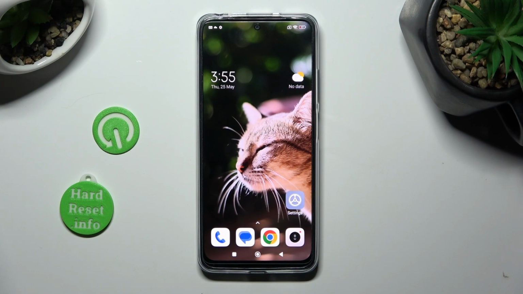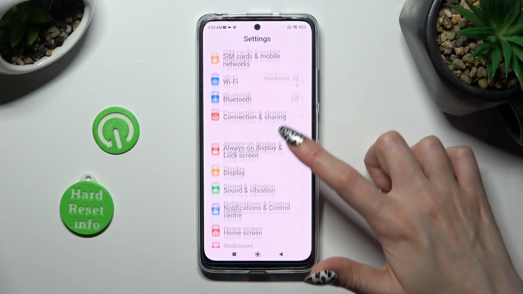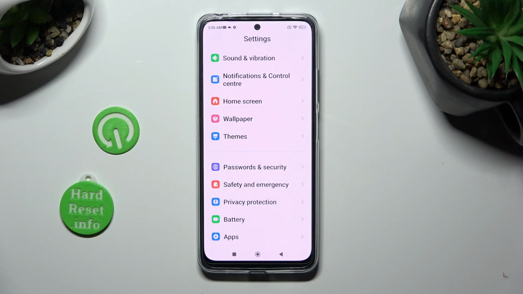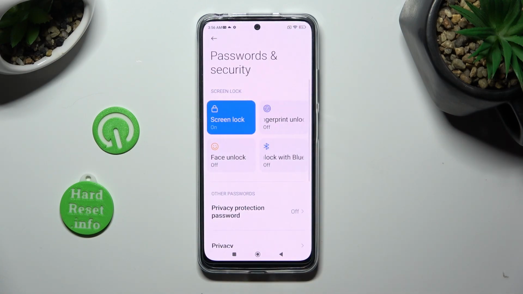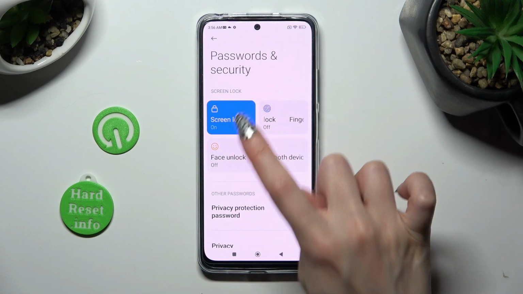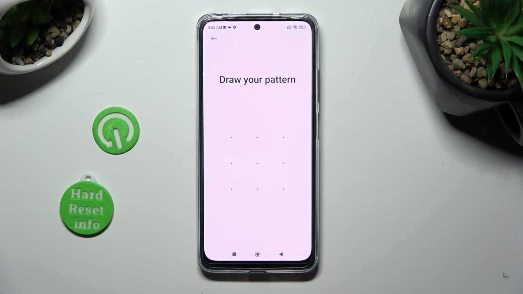You need to begin by opening Devices settings and scrolling down to access passwords and security. Now click on Face Unlock located under Screen Lock. Enter your current login method